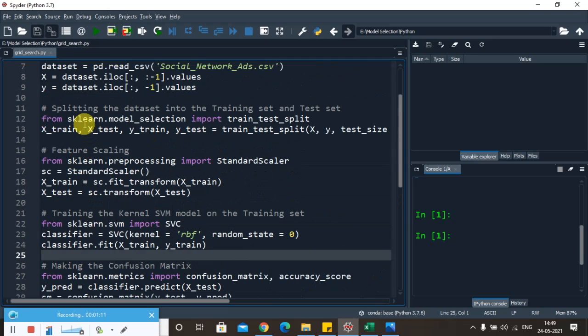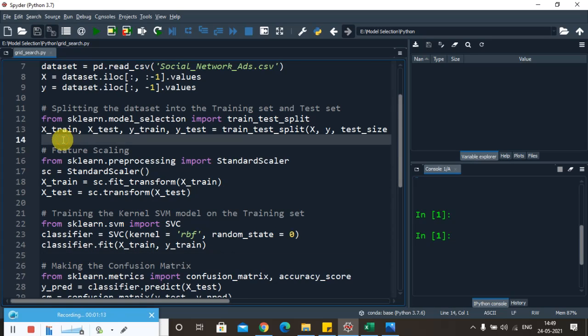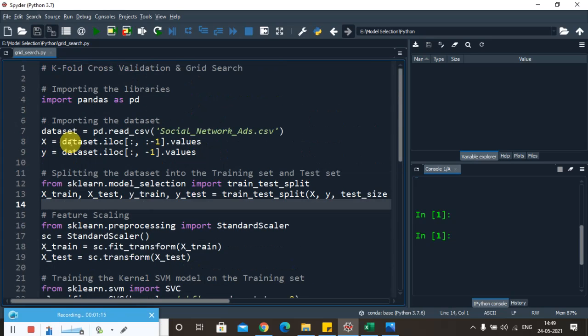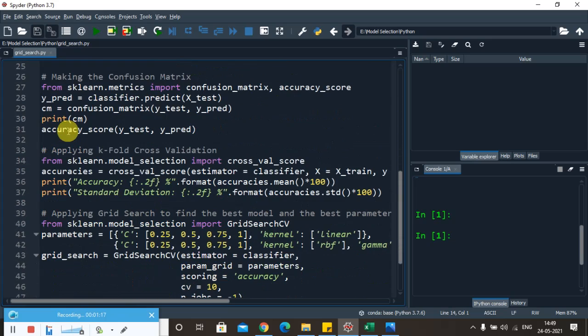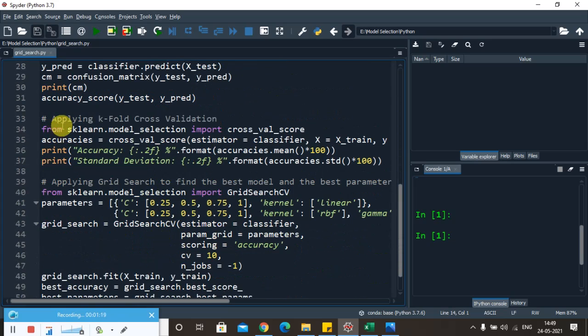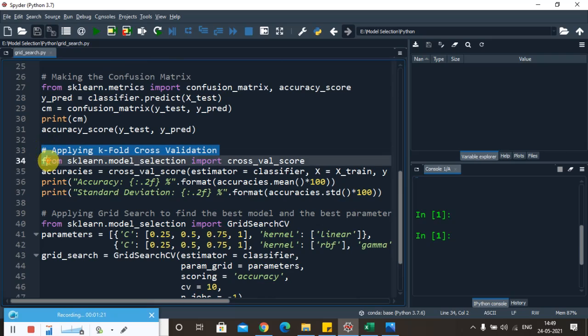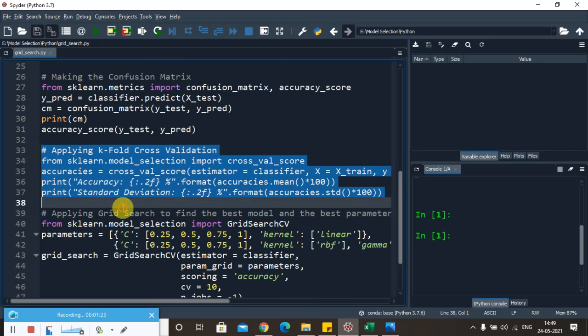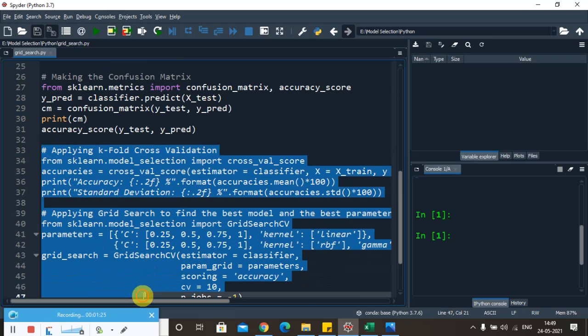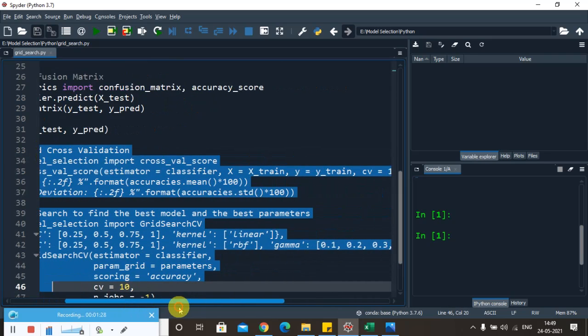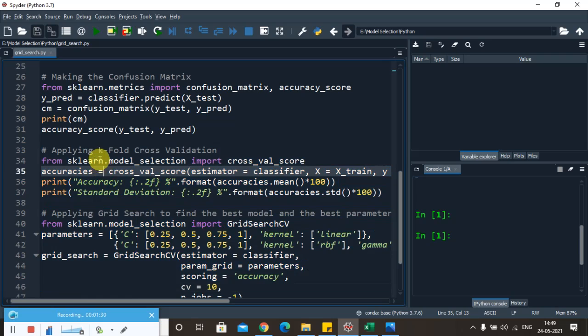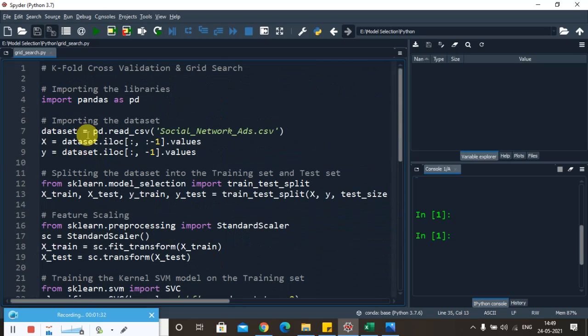Okay, so if you have not watched that SVM session, please do go and watch that prior to this lecture. Okay, so what I'm going to do here is apply KFold cross validation and the grid search method just to estimate the best model and the best parameters, right? So let me give you a small introduction